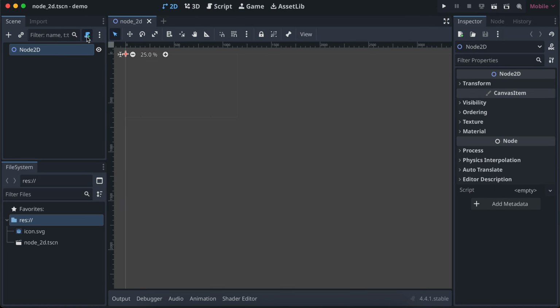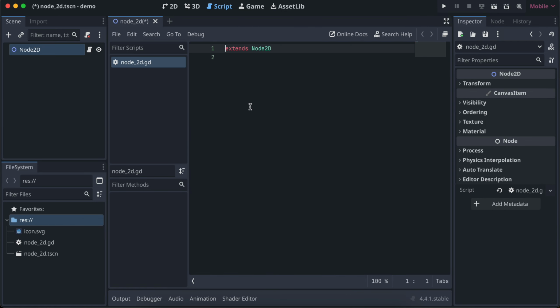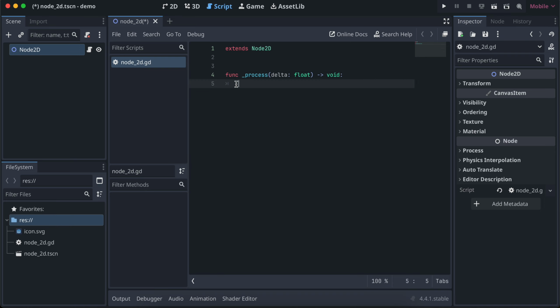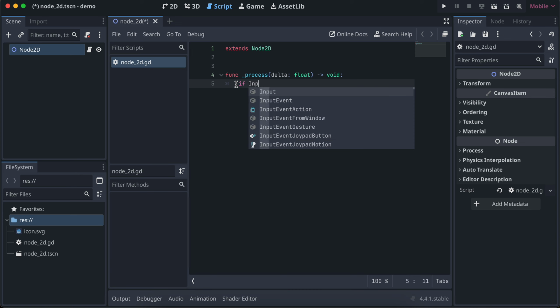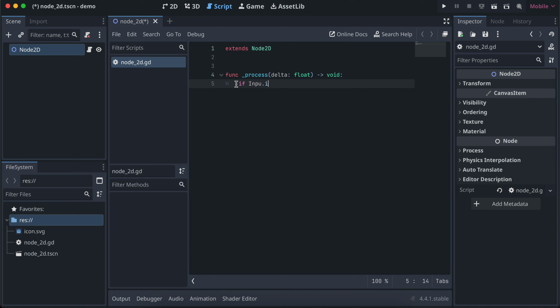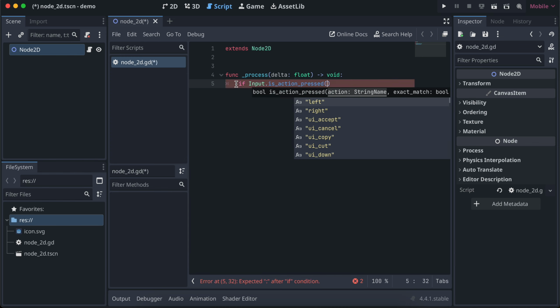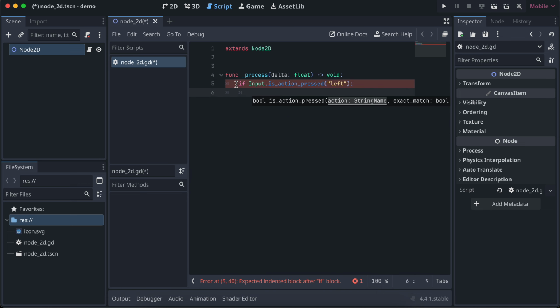Okay, you can attach one script to it just to detect what key was pressed. For that you can override the process function. So here you can do something like this: if Input.is_action_pressed, and here you can see it is automatically showing the two custom input actions which I have added. I'll select left, and suppose I just want to print